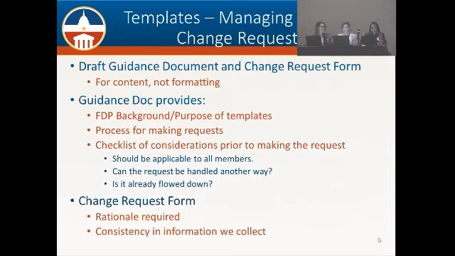Which brings us to this. Okay, this slide right here. I've heard you. So let me tell you what I'm going to say here. How many of you were on the Subawards listserv this week? On Monday, we sent something out that was two draft documents. It was a guidance document and a draft form. Did anyone see that? It's called a content change request form.